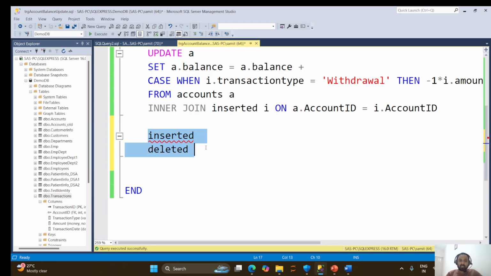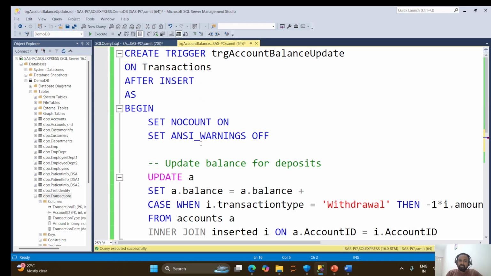These two tables are called magic tables. You can use these tables only inside the trigger, and their purpose is to capture the exact value, because when this trigger executes related to a transaction,